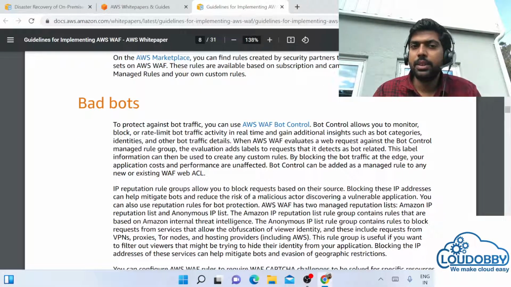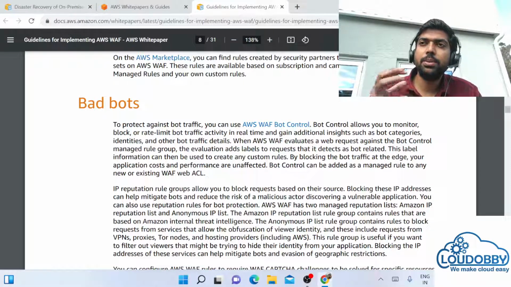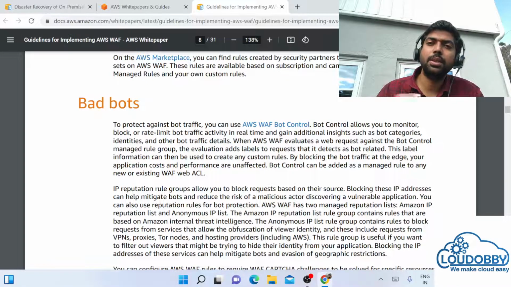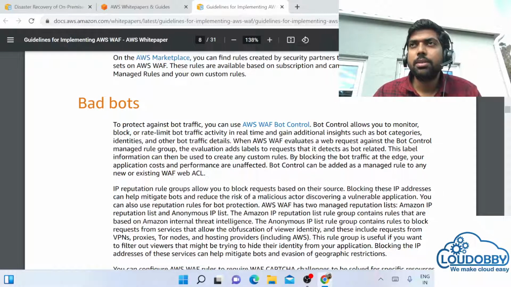Bad bots are the easiest way of making a web page's performance low or affecting it very easily, because it also affects the cost. How? We have auto scaling. So when your requests are increasing, your serverless application or your EC2 application, if you have auto scaling, you try to scale your application, right? And all these requests coming to your application are not genuine. They are fake.